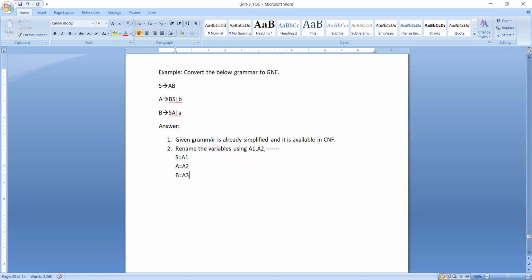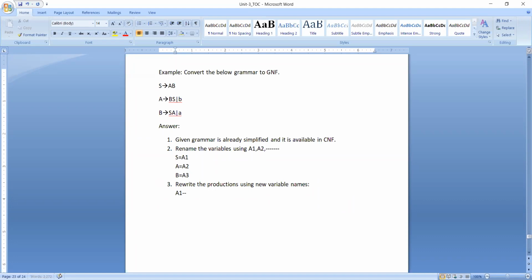Now we need to rewrite our productions using new variable names. So what is this? S derives what? S is A1.